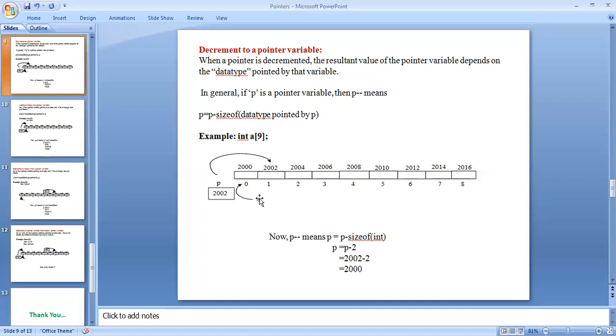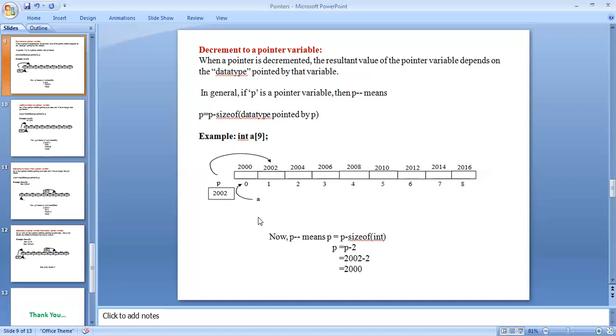Now initially a is stored at memory location 2002. Initially p is at memory location 2002. a is stored at 2002, array index 1. So p equals p minus sizeof int.